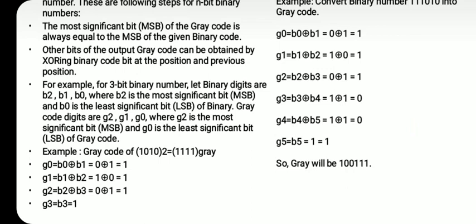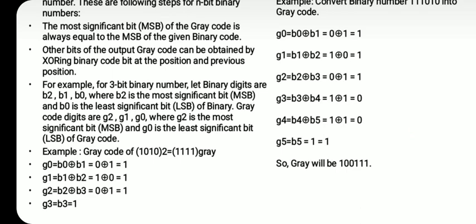Here also, whatever they have shown, they have started XORing, finding the gray code from the least significant bit. So you can either proceed from MSB or proceed from LSB. But what is the procedure? The MSB in the final result of the gray code is taken as it is. No arithmetic operation or XORing is carried out on it. Remember this. So let us start from the LSB.